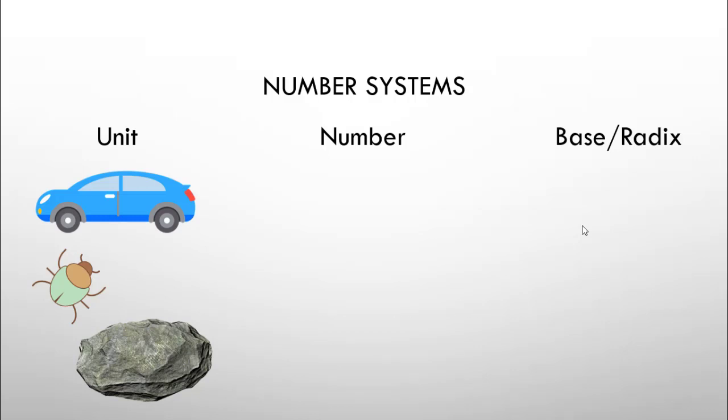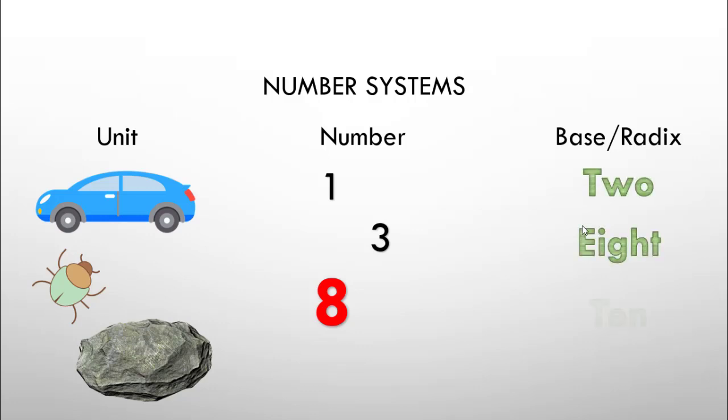Numbers are actually the symbols that we use for different numbers. For 1 we use this symbol, for 3 I will use this symbol, for 8 this symbol. For different numbers we are going to use different symbols. So number will represent the symbol that we use to represent a value, and the base values or the radix are for the 4 different base values. We will be using 2, 8, 10 and 16 as the base values. All these 3 together will form or create a number system.